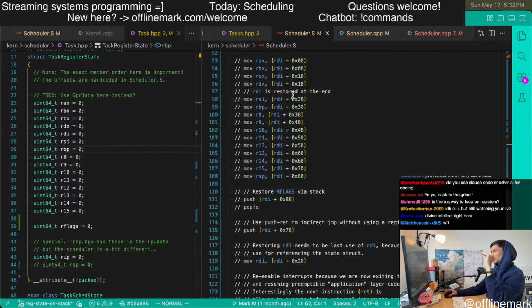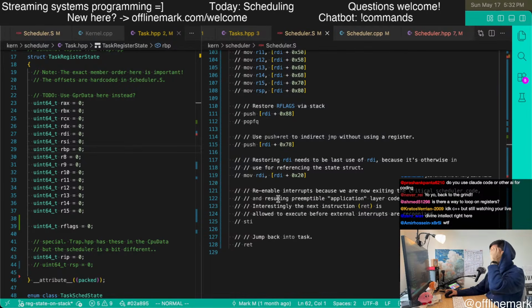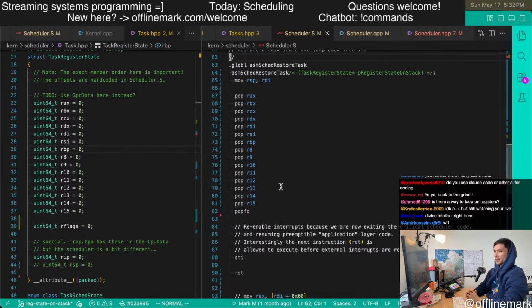As opposed to moving RDI from this index, moving all these things from these indices into registers, doing all this push pop, restoring this thing at the very end because otherwise it's in use. All that stuff goes away with our new stack-based implementation. That's one of the primary reasons to do it like this, for that simplification right here.